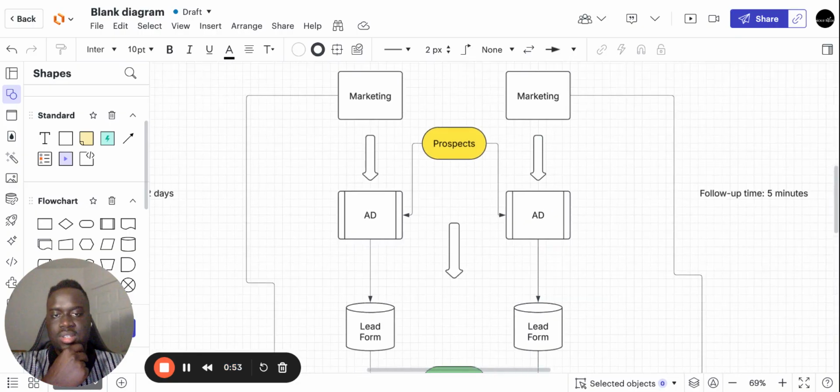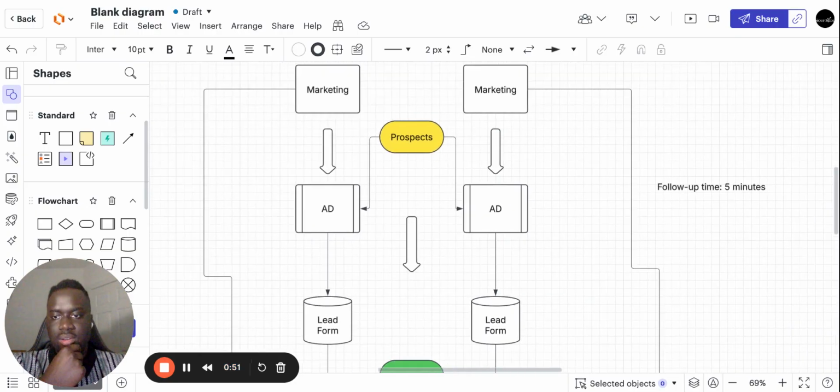So that's the key thing to understand here when it comes to lead follow-up time, because homeowners, they just don't like to really wait, right? Everyone nowadays, they like things fast and speedy. And the old ways of marketing a home improvement business are really starting to change, especially with AI coming about. So I highly recommend you look into AI and how to use it to automate your business. If you have questions on it, feel free to book a call with me and we can talk. But that's a crucial thing here when it comes to understanding this stuff.